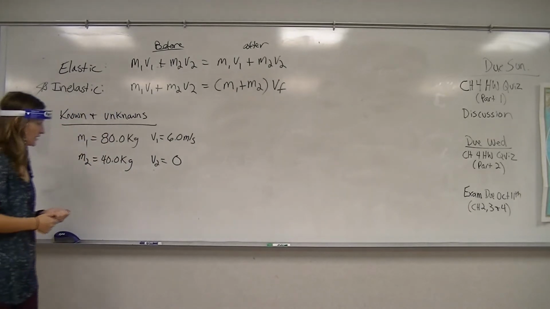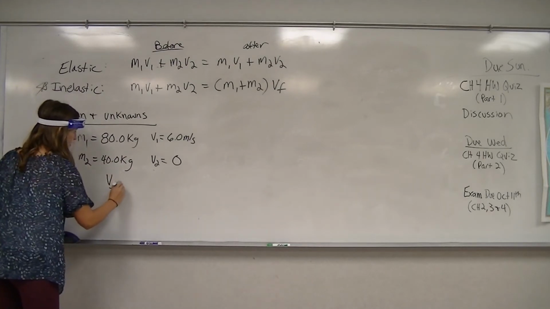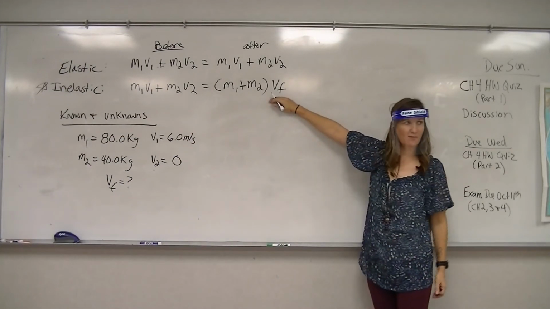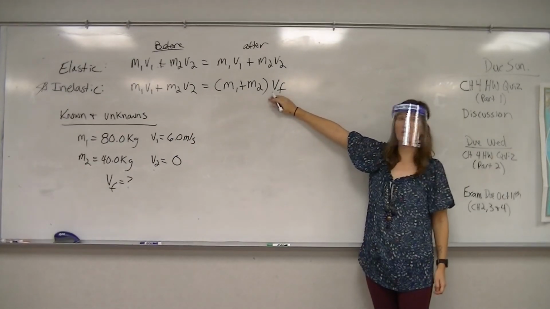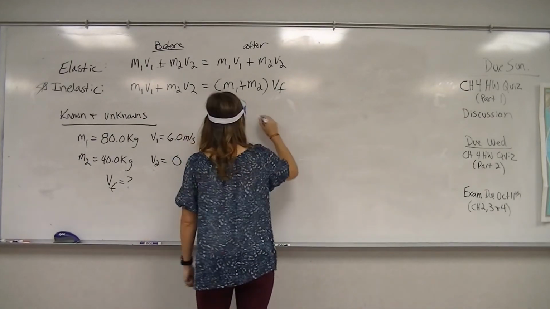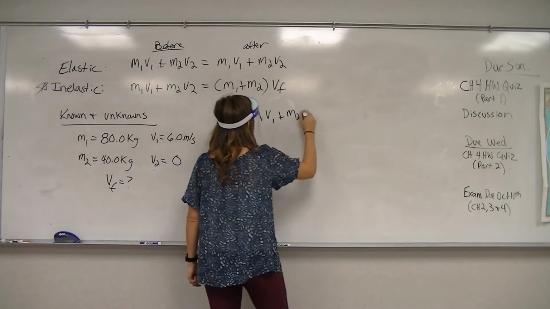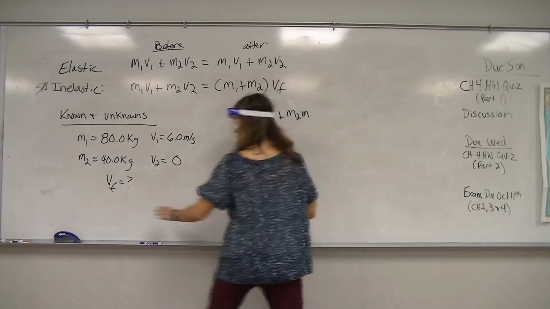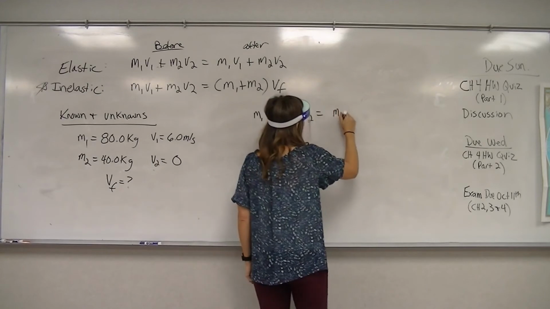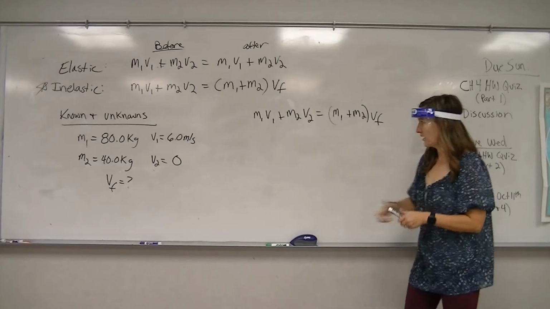And the question is asking for the final, right? Calculate their final. So that's v sub f, because if we look at the equation, after the collision, they have the same velocity. So it's just one velocity they're asking us to solve for, that v sub f. So notice we're going to have to rearrange. I'm going to have to rewrite this whole thing. We're going to have to rearrange it right there. That's a v2. I'm going to stop erasing with my hands. Plus m2. Okay, so we're going to rearrange to solve